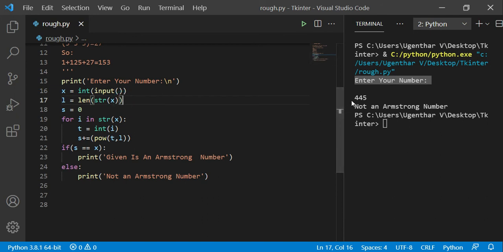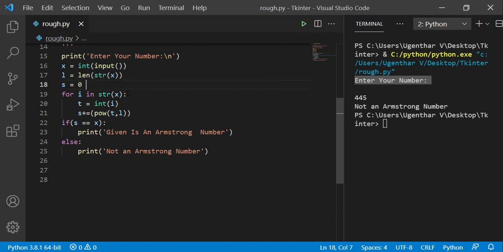That means the length of x is 3. In order to get the length, I am using the len function. The len function works with strings, so I am converting the integer into a string using the str function. After that, I am using s is equal to 0. This variable stores 0 and is used to find the sum.